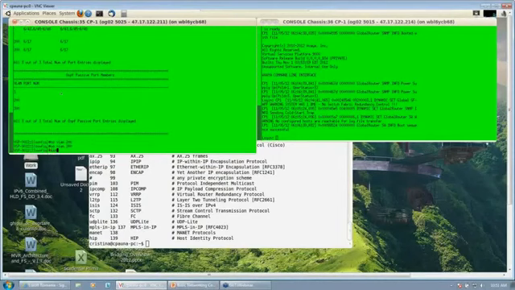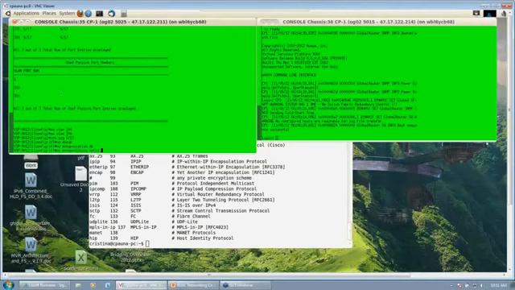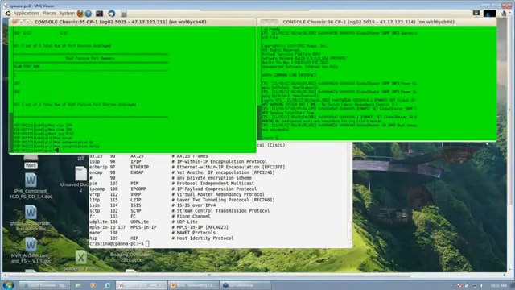I will go into port 617 and remove the VLAN tagging, so it doesn't interfere with the new configuration I am making.